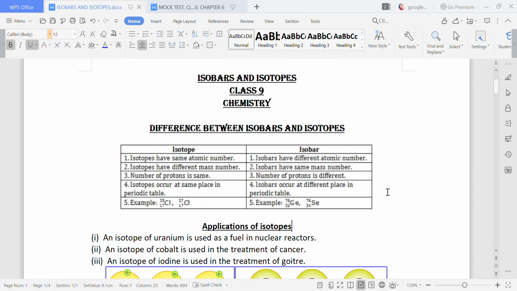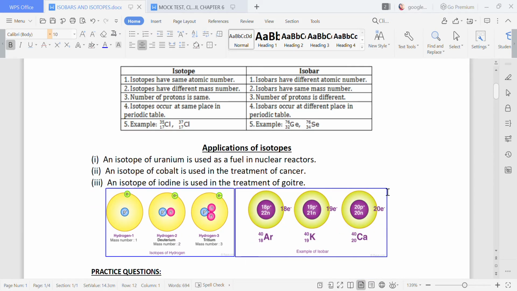So to explain this, we will also discuss the structure. Here you see, I have shown you the isotopes of hydrogen. Now the first isotope of hydrogen here has mass number 1. Why? Because it has only the proton. There are no neutrons present in the nucleus. There are no neutrons and only one proton. So the mass number is also 1 here. This is protium. The name of the hydrogen here is protium.